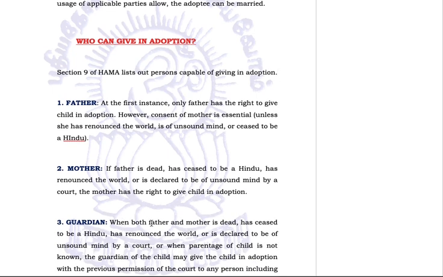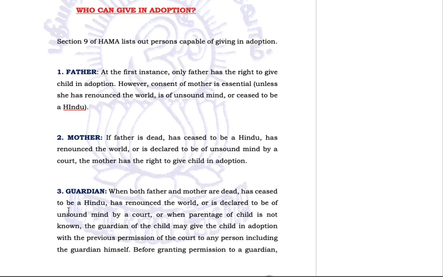Guardian. When both father and mother are dead, or the father has renounced the world, or the mother has become Muslim, in these cases the guardian will come up. Or when they have ceased to be Hindu, renounced the world, been declared of unsound mind by the court, or when the parentage of the child is not known, the guardian may give the child in adoption with the previous permission of the court to any person, including the guardian himself. So the guardian can definitely give in adoption, but